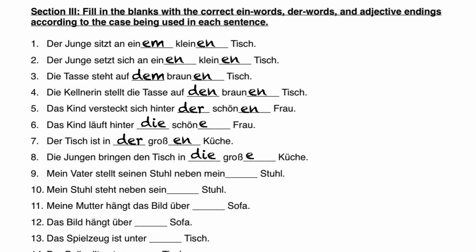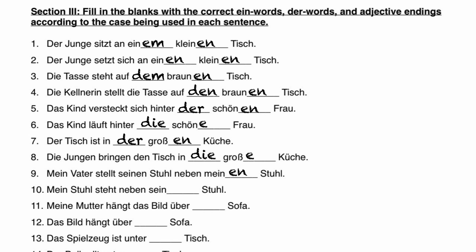Mein Vater stellt seinen Stuhl neben mein Stuhl. Need an ending here on mein. Neben is our preposition, so it's next to. My father places his chair next to my chair. In this sentence we say where to did he put the chair, and so we say en at the end of mein. Neben meinen Stuhl, accusative case, because the chair was somewhere else and now we're placing it next to